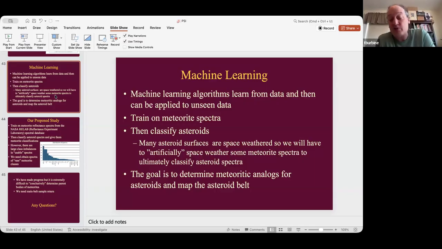We assume the asteroid surfaces are very, very fine grained. But when we train on the RELAB data set, we have some very coarse grain. We also have very fine grain. We're trying to put everything in when we do the machine learning. But yeah, I agree, the asteroids seem to be much finer, but we're trying to put everything in so every possibility